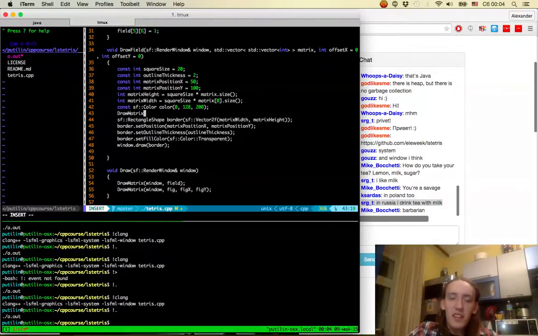So let's have a class draw matrix. It's going to take render window. And now I feel like maybe we should have